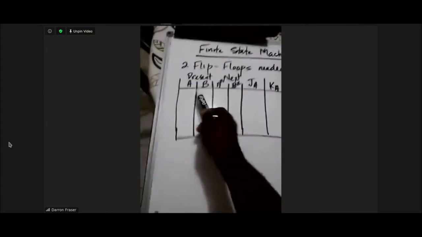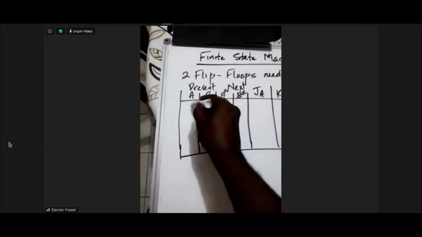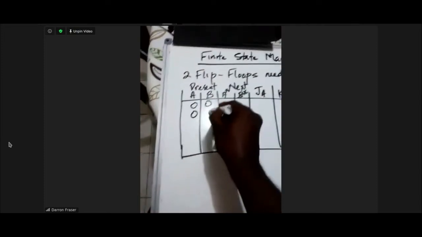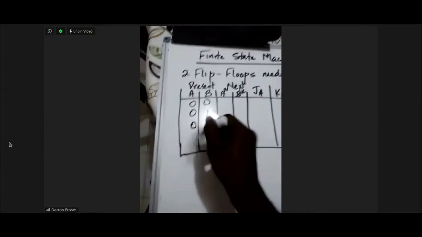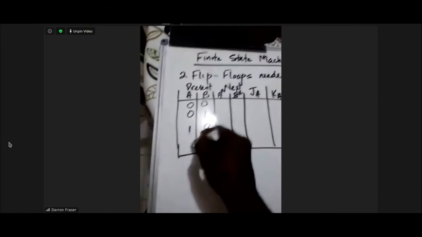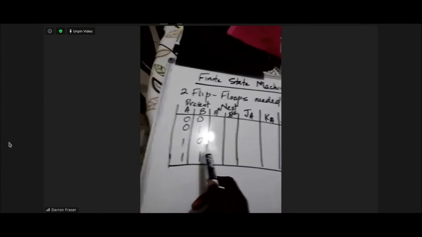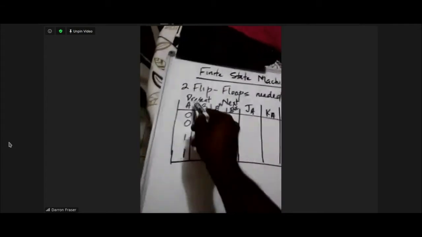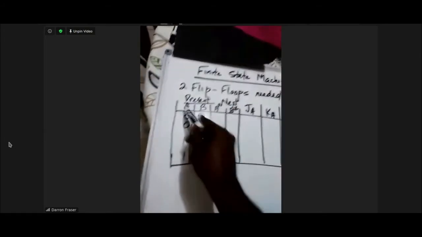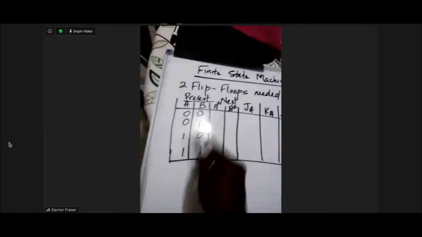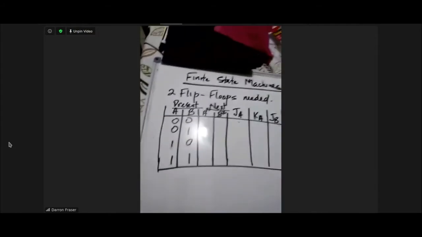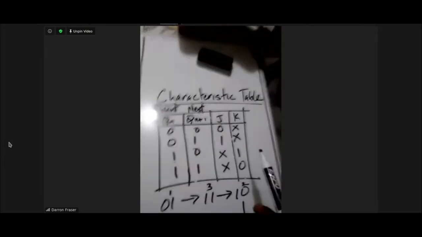What we are going to do is write down all the possible states that we can have: 0, 0, 0, 1, 1, 0, 1, 1. And so we set the present value of the two placeholders as 0, 0. And next, we want to write down the next state, and then we're going to use the characteristic table